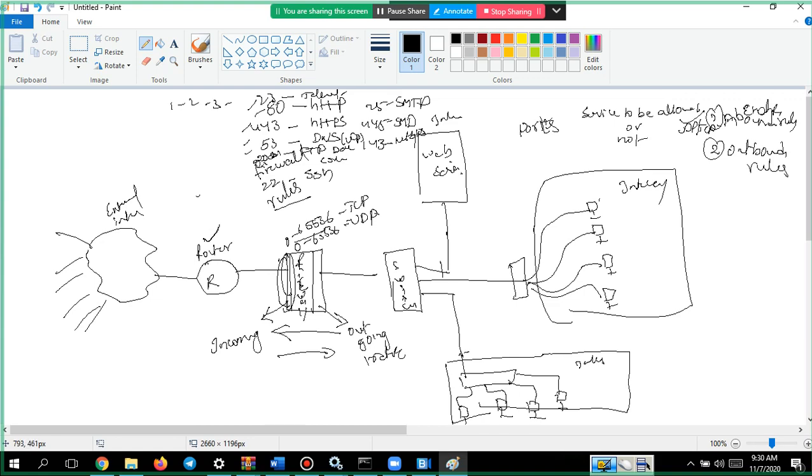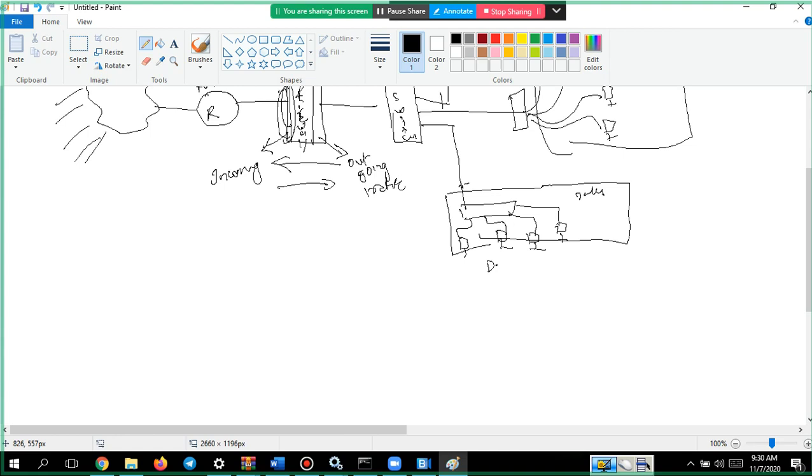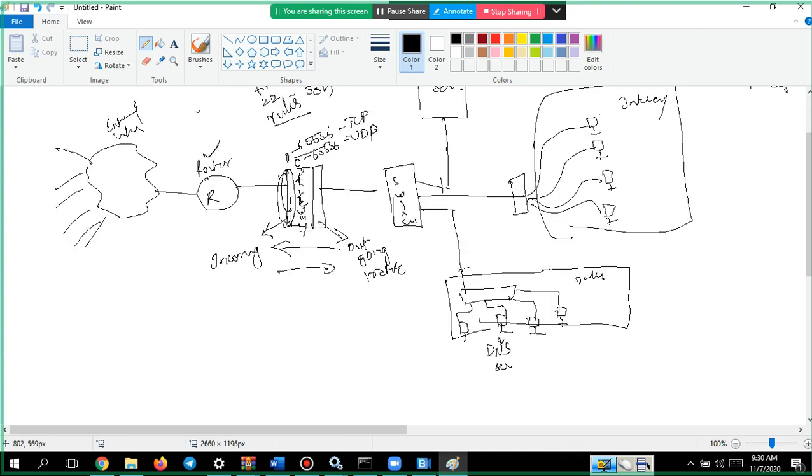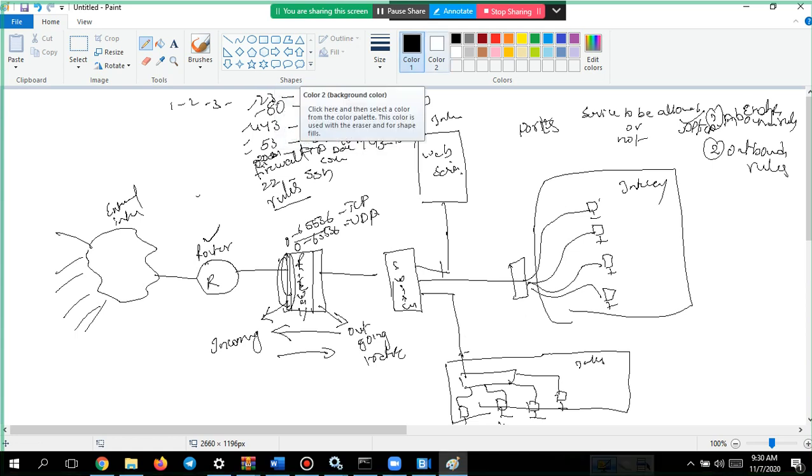Say for example here you have a DNS server. They are trying to reach this DNS server. The attacker has come to know about your DNS server.